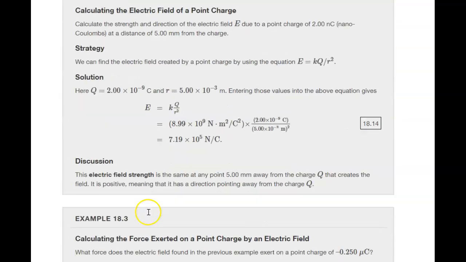So let's do an example. So here's an example of using